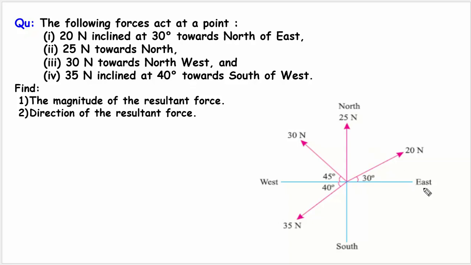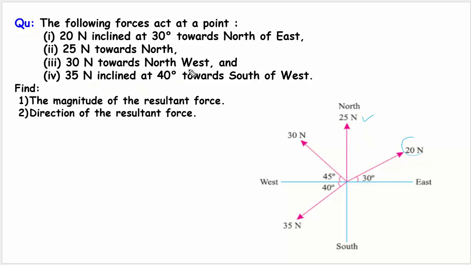So this is north and this is east. From east towards the north it is 30 degree, as given. So 30 degree towards north of east. East is there and the north of east 30 degree. This is 20 Newton given to us friends. And the second force we have got 25 newtons towards north, which is this one, and 30 newton